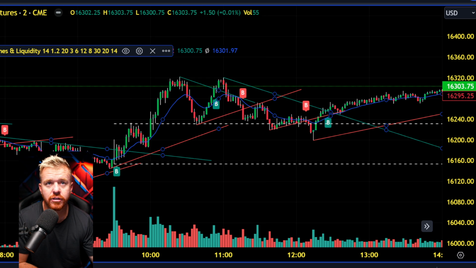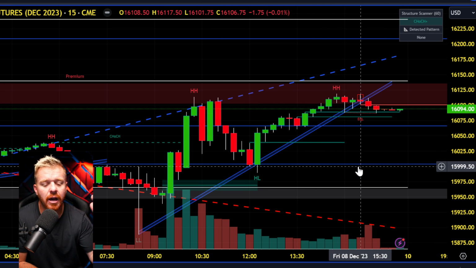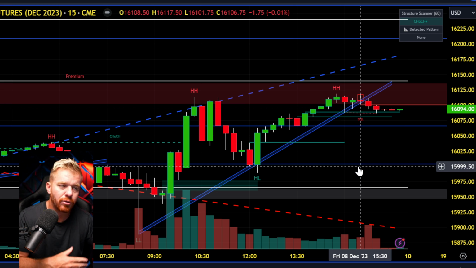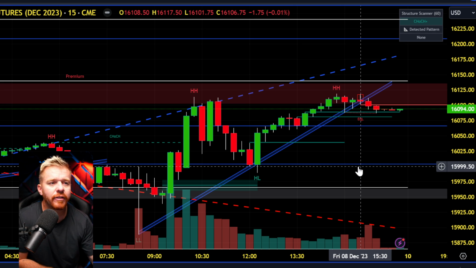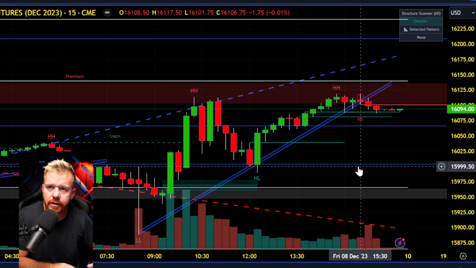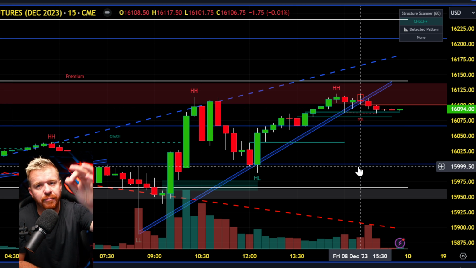So normally you see me using the LuxAlgo Price Action Concepts indicator. This is my go-to indicator when it comes to having all of my levels, all the information that I need, and the trend lines and all that fun stuff. Right now we're looking at the 15-minute chart. This is kind of the end-all be-all indicator that I use every day, the Price Action Concepts, which now